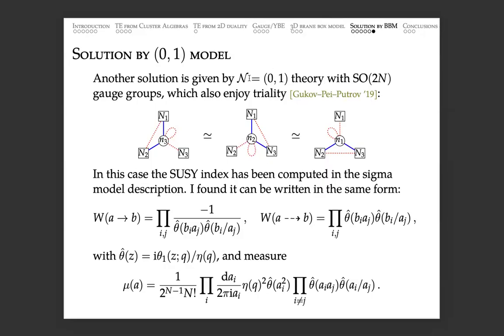But for the (0,1) case, there's no continuous parameter you can assign to these multiplets. There was a parameter S before. For the (0,1) case, there's no such parameter because there's no U(1)_R symmetry for (0,1) theories. So spectral parameters are unfortunately missing. But nevertheless, you can still construct a solution of the tetrahedron equation by calculating the partition function of (0,1) theories. Okay? So that's another way of constructing a solution of the tetrahedron equation.